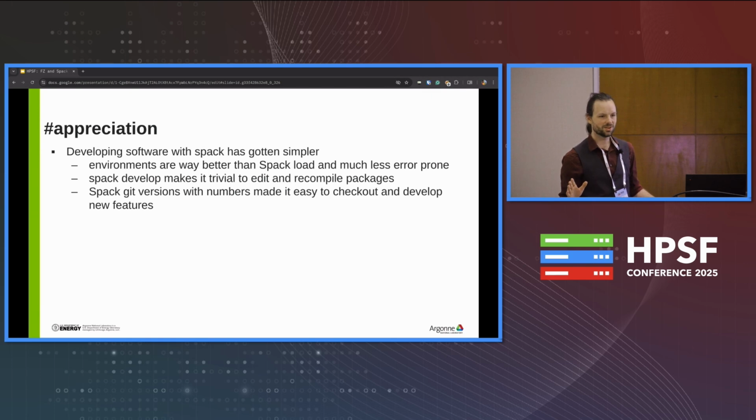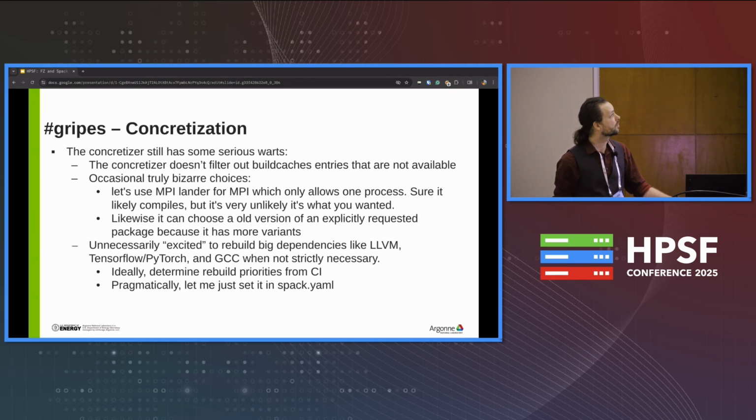So all of these things are super, super useful and have dramatically improved the way in which we've written software. Now I'm going to get to some gripes. I know that some of these things are being worked on. I know that in some cases there are PRs for fixing them, but there are some things where there could still be some improvement. So the first gripe I have is that the concretizer doesn't filter out build cache entries